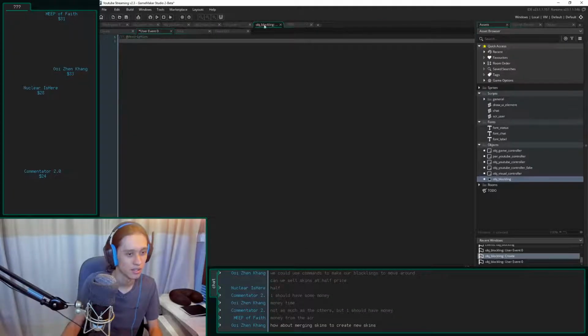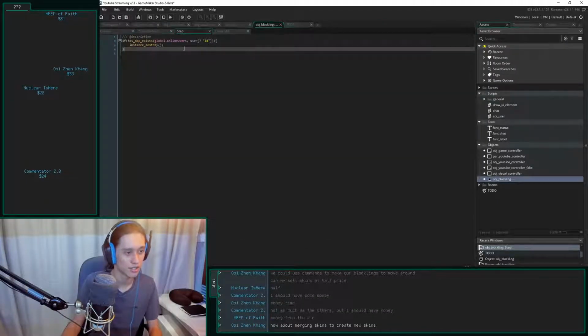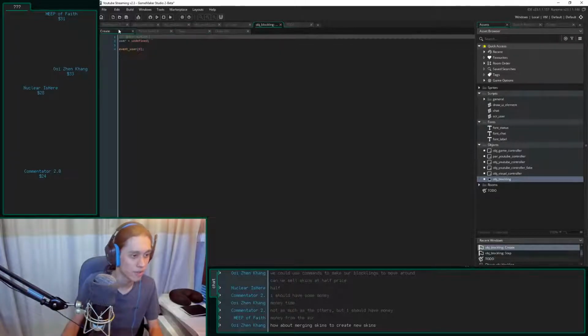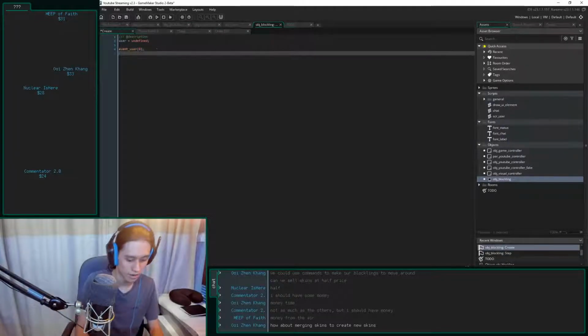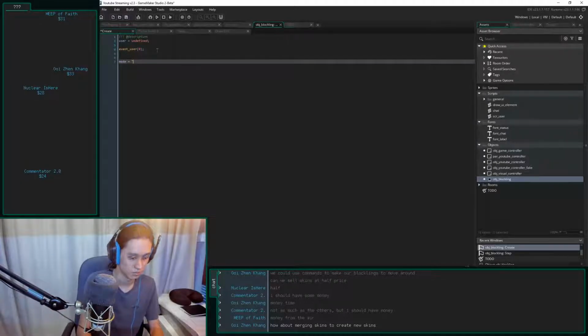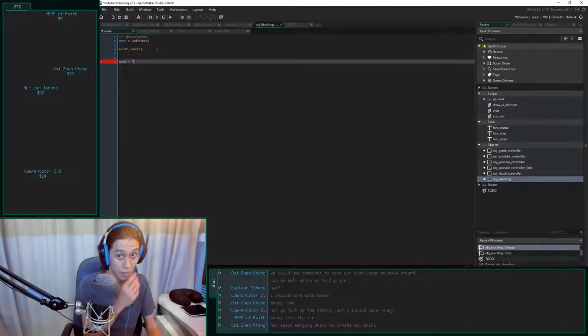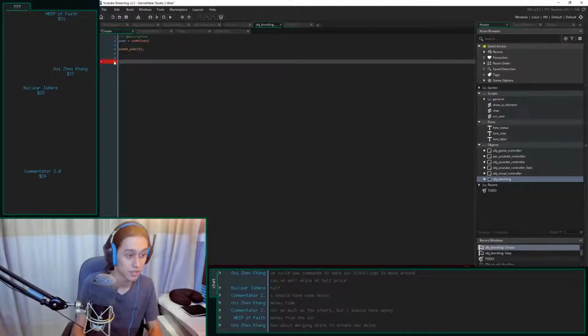Do we need that? Let's just make them walk around. Let's just give them their AI for now. How about merging skins to create new skins? That would be interesting. Certainly would be interesting.